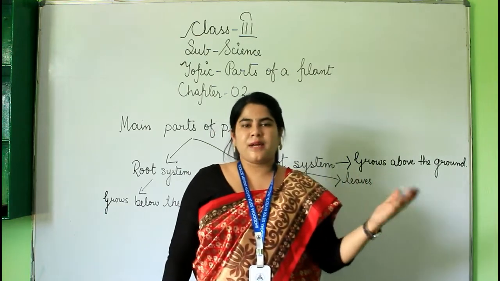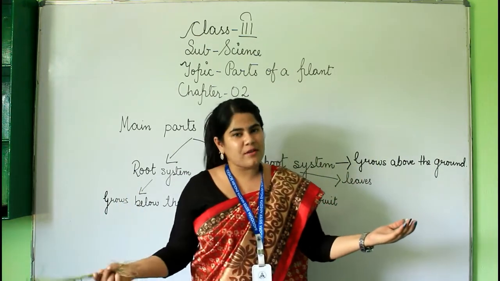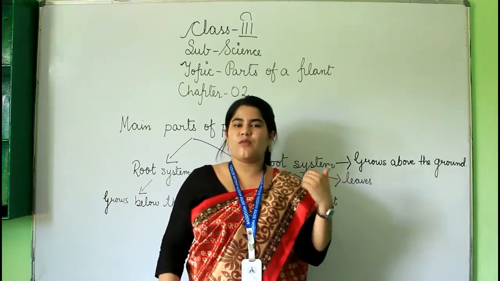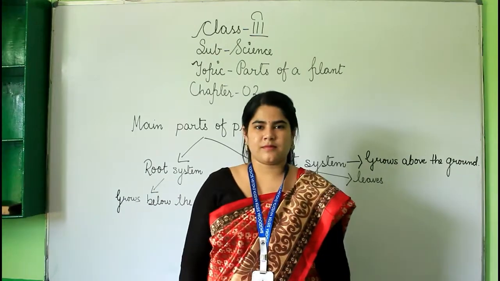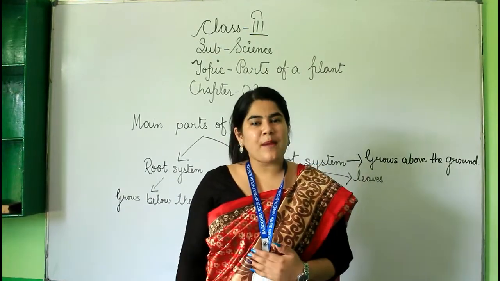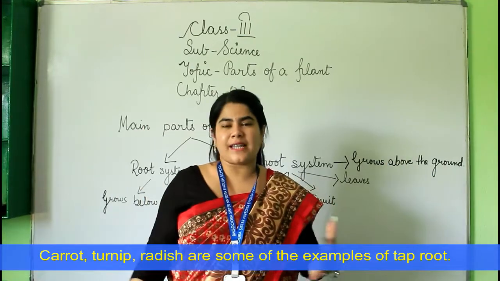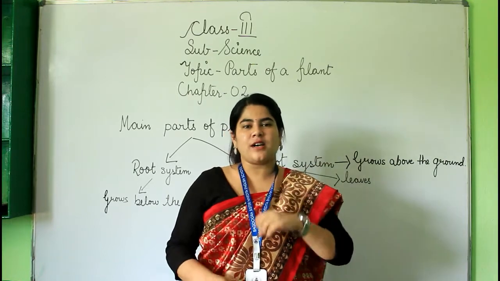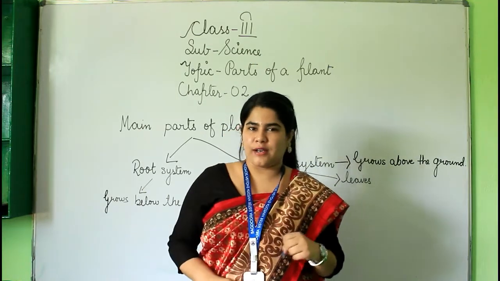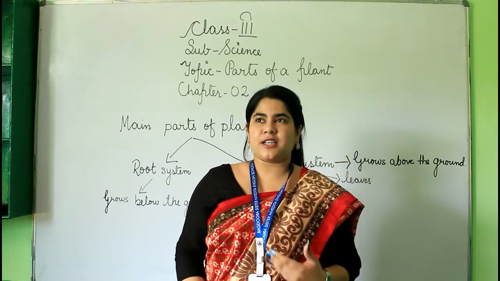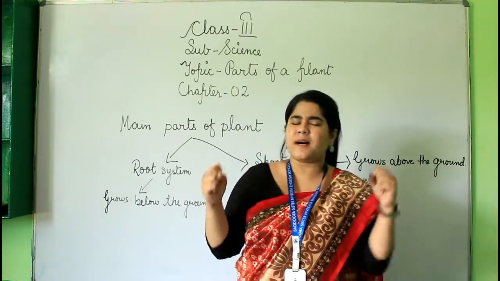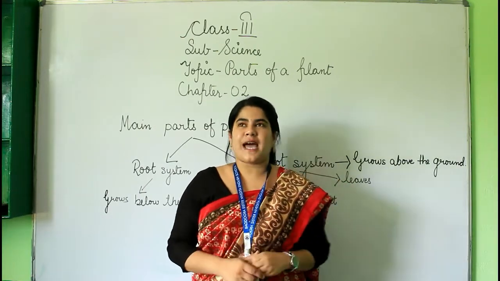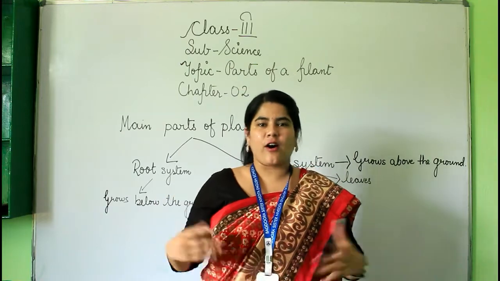Now, roots can be a tap root or a fibrous root. Say with me, tap root or a fibrous root. Now, what are they? Okay, let me tell you. Kids, a tap root is a large and thick root that goes straight downward into the soil to collect water from deep down through the soil. Like carrot, radish, and fibrous roots are a bunch of small roots that grow outward through the plant, such as rice, wheat.